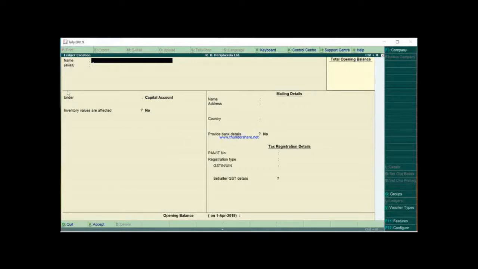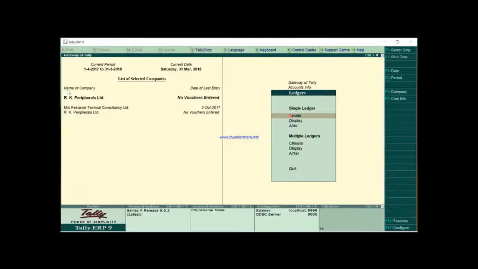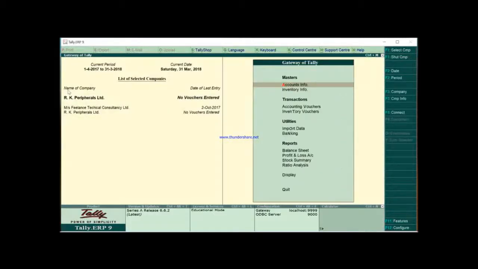Now after this we are going to see how to make the voucher entries. As per the book, we are going to see how to create all these types of voucher entries as per the proper selection of voucher type. To create the different voucher entries, first we have to see the different transactions. As per transactions, first we will make the ledger creation and then after that we will go with the voucher entries.